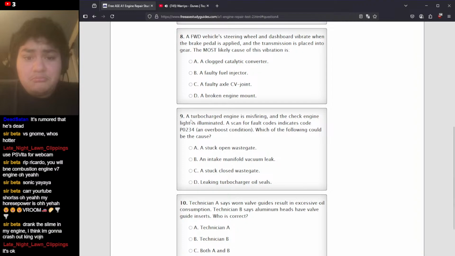Turbocharged. I'm always messed up with turbocharged. I don't think I ever studied forced induction. A turbocharged engine is misfiring and the check engine light is illuminated. A scan for fault code indicates a code P0234, an overboost condition. Which of the following could be the cause? I don't know. But I do know that a turbo is essentially